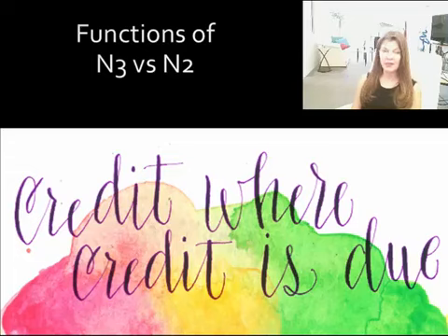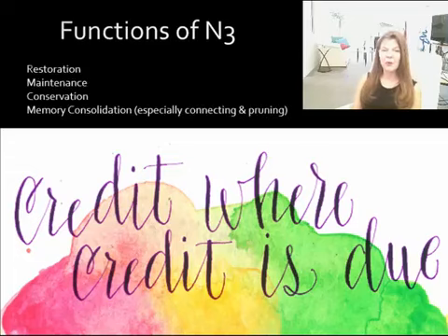What specific functions appear to be contributed by deep sleep? In other words, N3. N3 is mostly responsible for restoration of the body and the related increase in immune functioning. And the slowing of the brain activity during N3 allows for brain rest and brain cell restoration and maintenance. N3 also conserves resources. In fact, it is believed that the conservation of resources that occurs during sleep is solely a function of N3. This is accomplished by reduced metabolic rate, reduced expenditure, and the reduction of brain and body